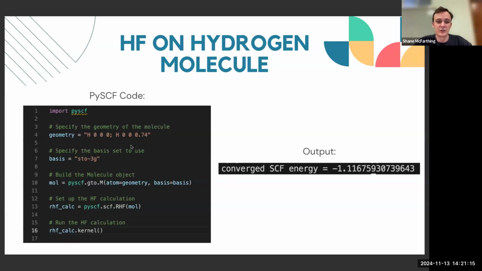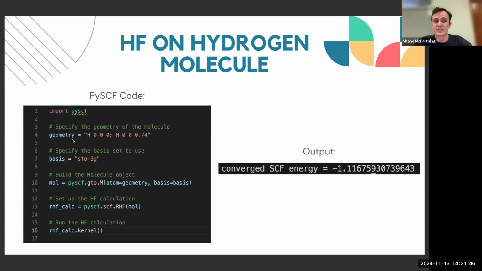And as you can see, you can do a Hartree-Fock calculation in very few lines of code. The steps can essentially be broken into 3 parts. The first part is to specify the chemical system that you want to study. The second part is to create the Hartree-Fock calculation object, and the last part is to run it. As a very basic example, for specifying the chemical system, there are 2 parts. First,